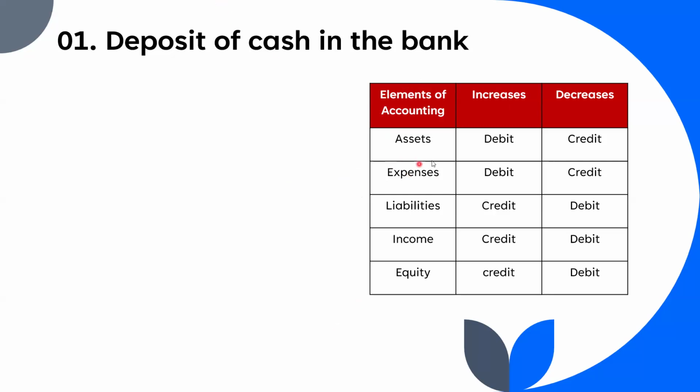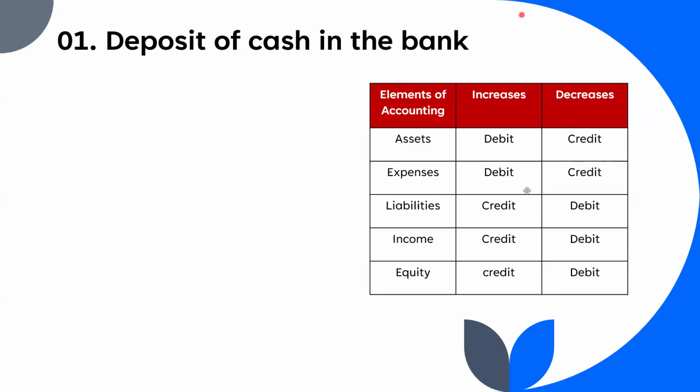So it decreases. And cash belongs to which category out of these 5? Cash belongs to which element? Exactly, there we go. It belongs to the assets category. So we know when assets decrease, it is recorded as a credit. And the other